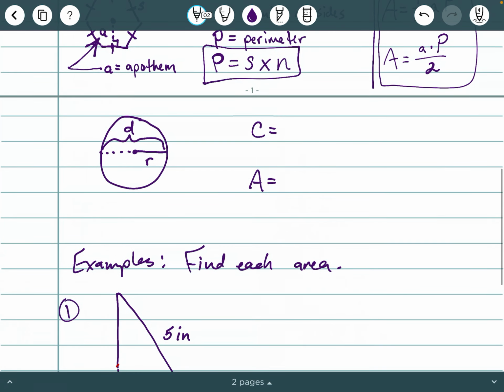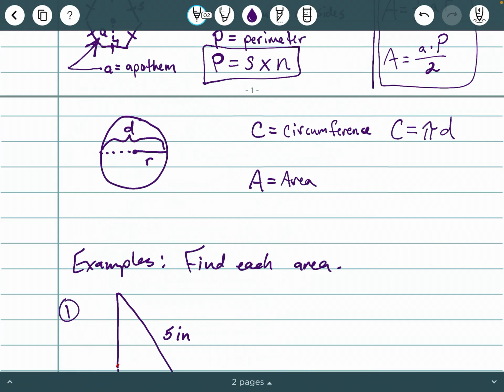Lastly, we want to talk about circles. Circles have unique formulas. We will talk about area, and instead of perimeter for circles, we use the word circumference. The circumference of a circle is this formula, either the value of pi times diameter, and you should remember kind of what pi is. We can say pi is about 3.14, or we can use the pi button on the calculator, and that's more